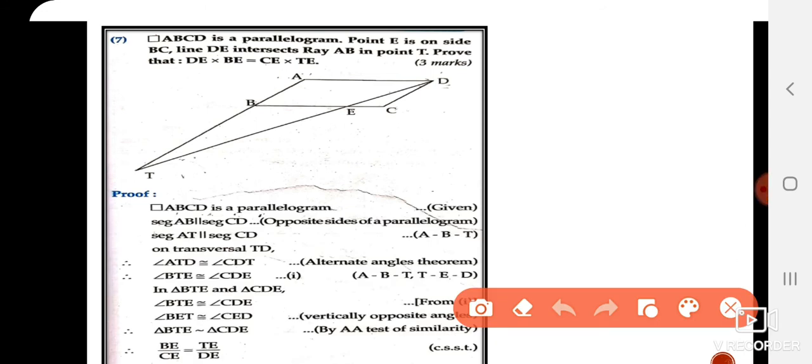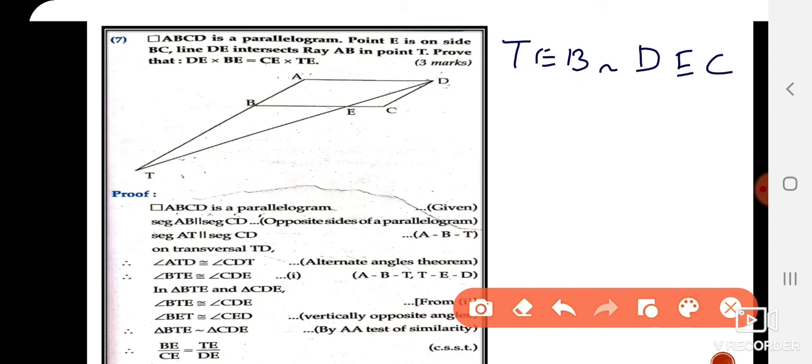Okay, now look at the triangles BET and EDC. In these two triangles, we know that angle T is congruent to angle D. Due to space, girls, I am not writing the symbol, I am only writing the letter. Then you know that E is congruent to E, and in triangle TBE, B is the remaining angle, and in EDC, C is the remaining angle, and so we say that these two triangles are similar.